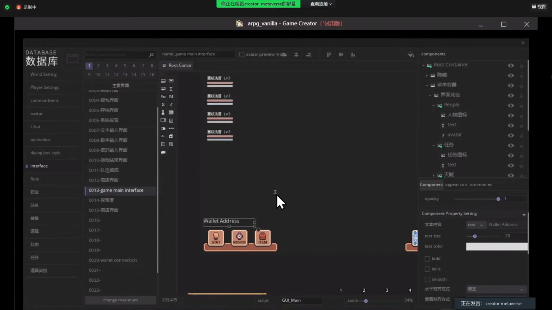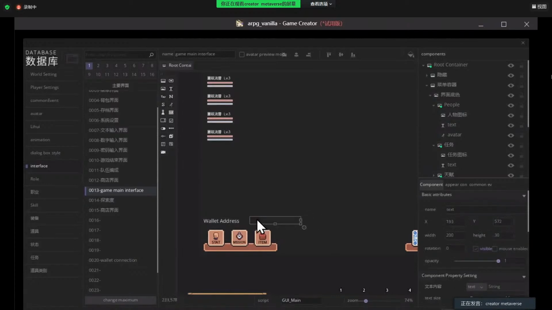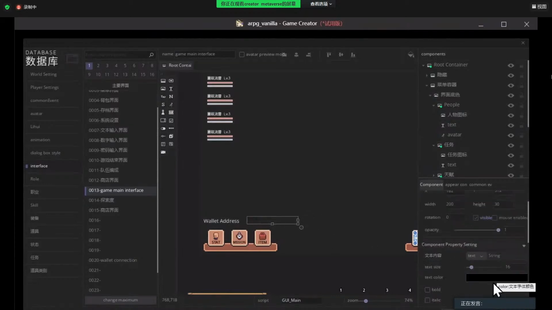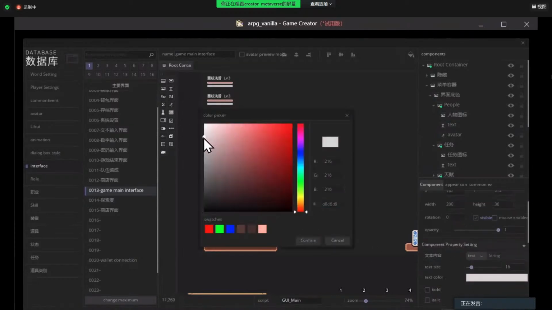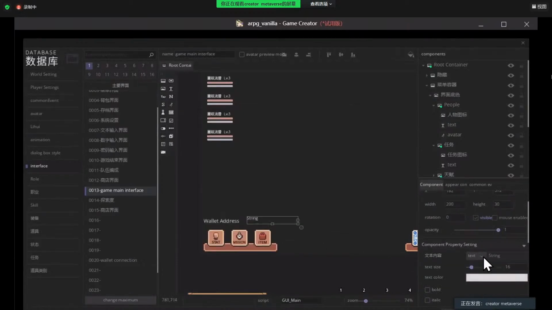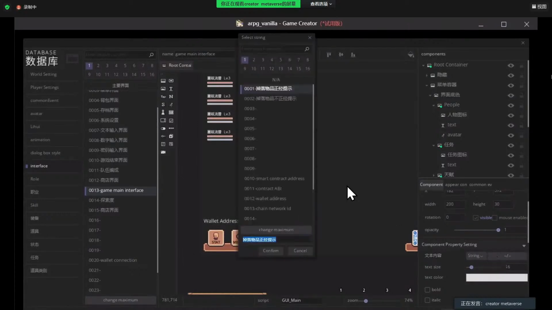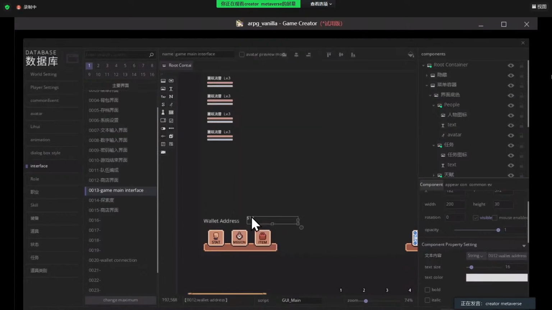And we drag again, another, and make it in white as well. But this time we do not put a static text. We want it to show the variables, which is our wallet address. And this should appear after these variables are written from the ETH plugin.